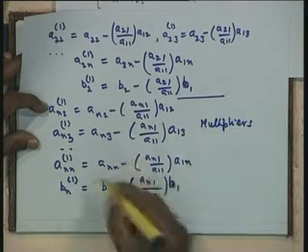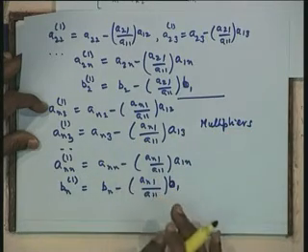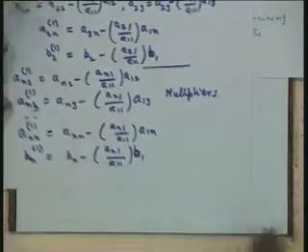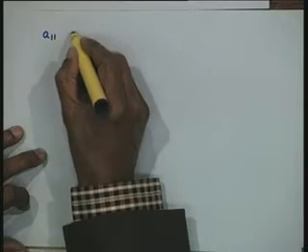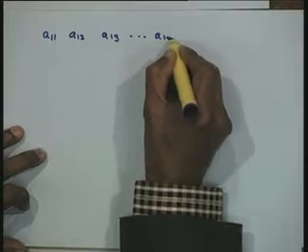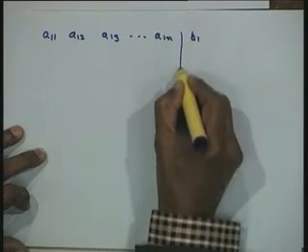They are called the multipliers for this particular elimination. Now if I complete this particular step 1, what I am now having here is a system which would look like this. So let us write down what is the system that we are going to get from here. The first row is unchanged because we have not touched the first row. So A11, A12, A13, A1n, B1, that was not touched.